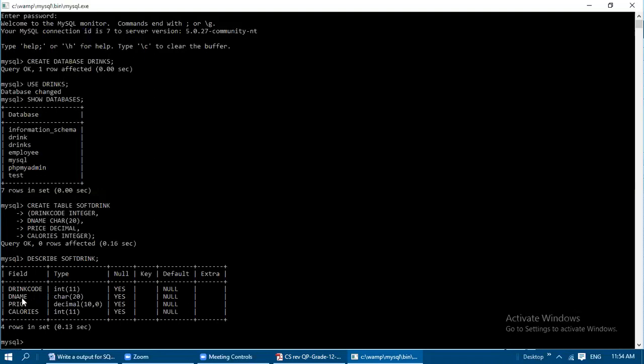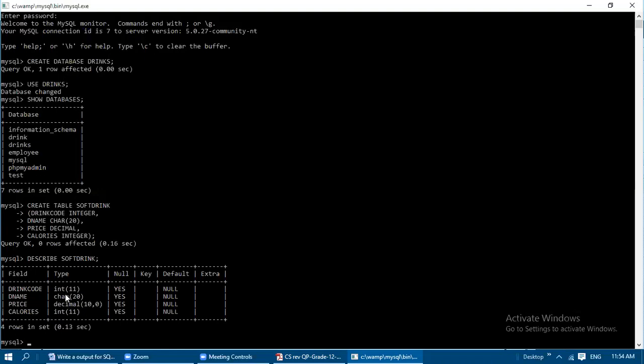Okay, and then d name is drink name is character of 20 data type, and then decimal value point after that is 0. Okay, so decimal value 10 values maximum it will be allowed before the dot, and then calories integer 11.